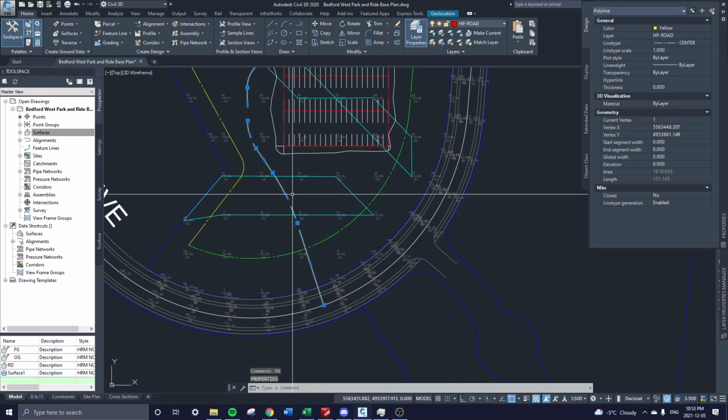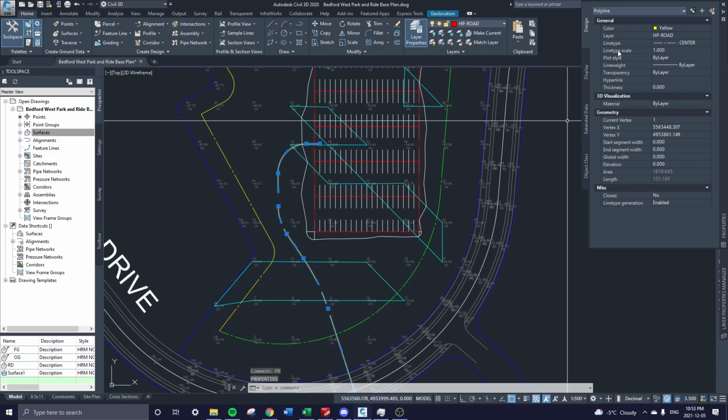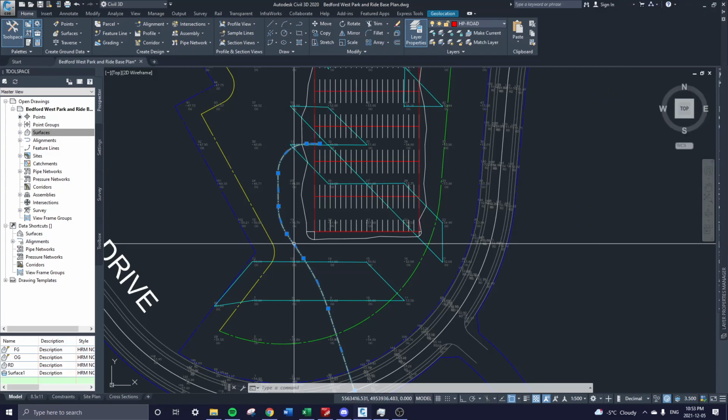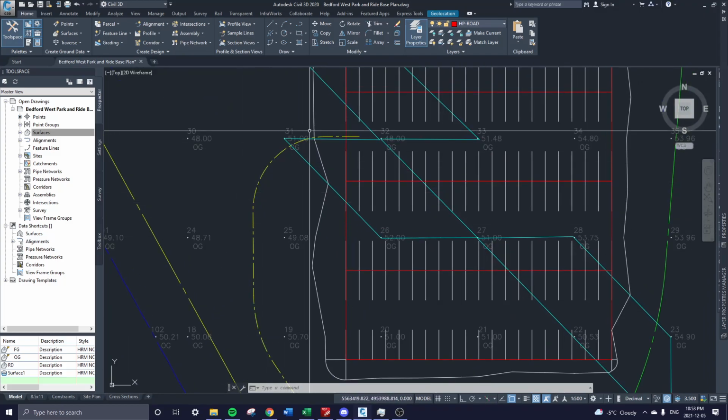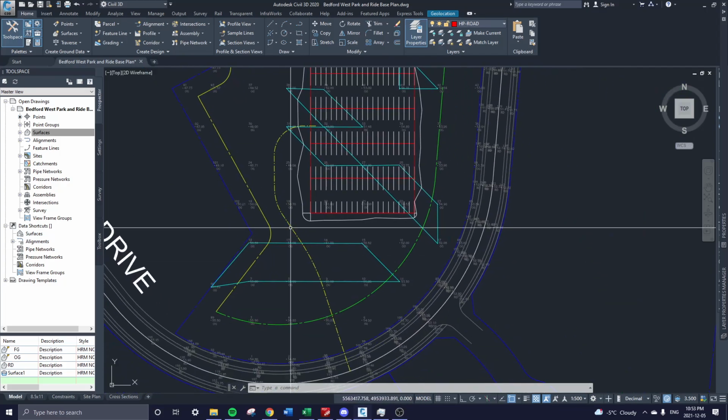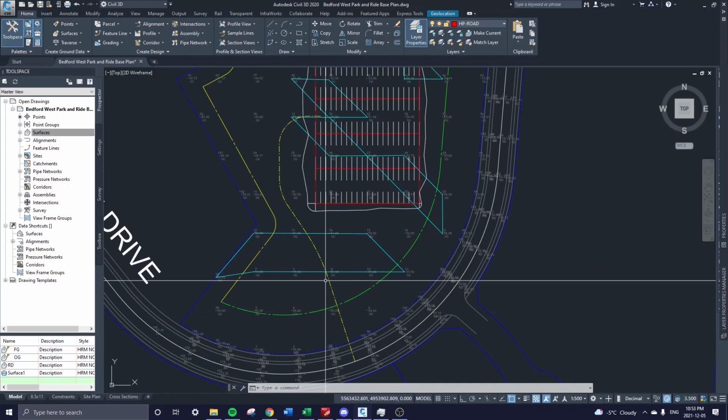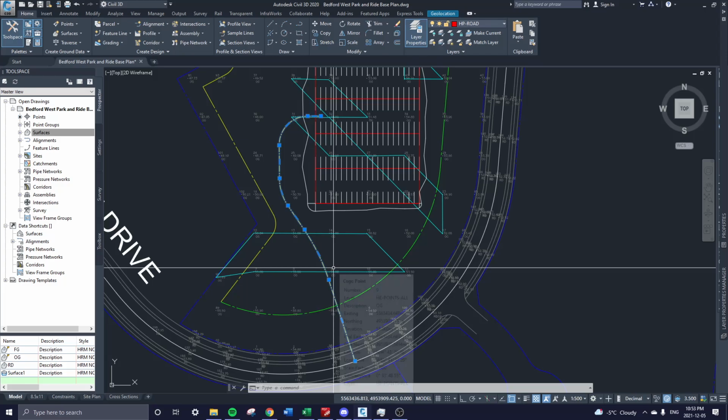If your line type looks like it's too large, you can always change the scale of the line type. You know, scale it by a factor of 10 or whatever you want to make it look a little bit better. Okay, so there is our polyline, which is going to act as the center line